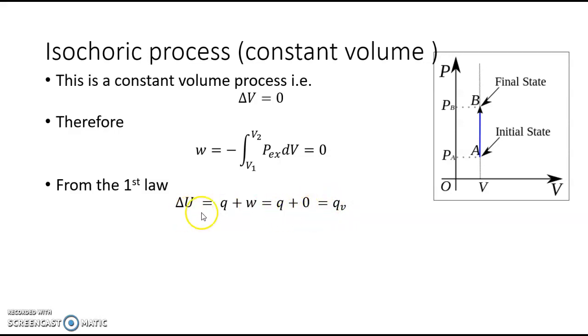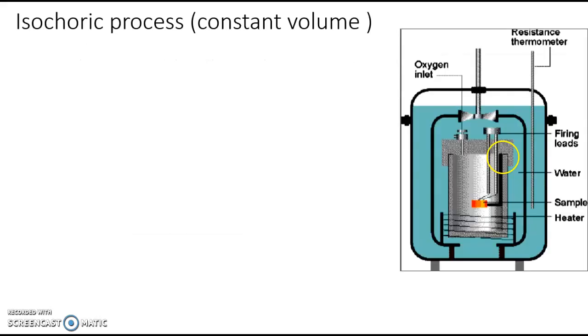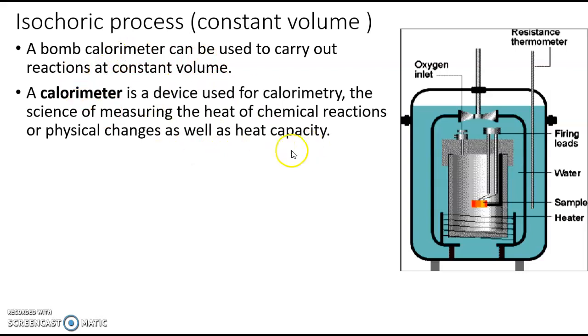It's customary to write the change in internal energy, delta U, as equal to QV, where V indicates that it is a constant volume process. A constant volume process is often carried out in what is called a bomb calorimeter. A calorimeter is any device that is used to study the heat of chemical reactions. In a bomb calorimeter,